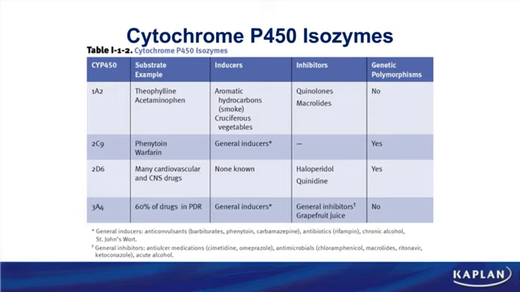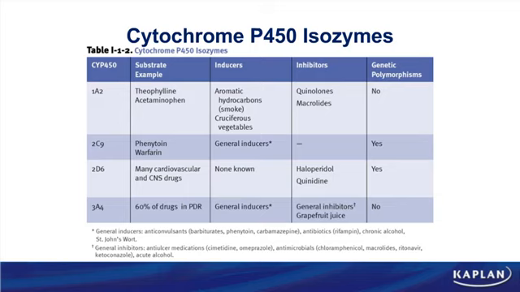Remembering that there are a lot of P450 enzymes, this table illustrates just a few of those families, like the 1A2 and the 2C9 and the 2D6 and the 3A4 families. So not all of the families are represented here. We just picked a few select ones to show you in this table. I will tell you that even though this is an important table, it is impossible for you to memorize this